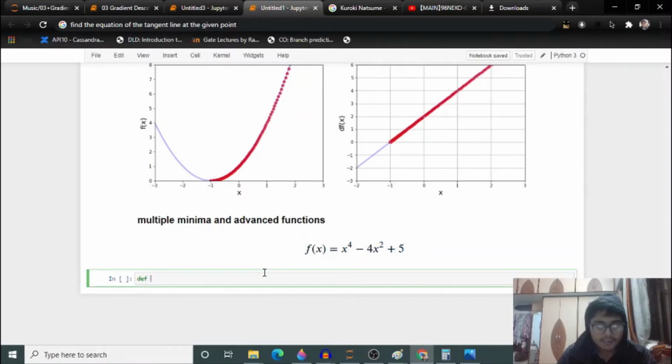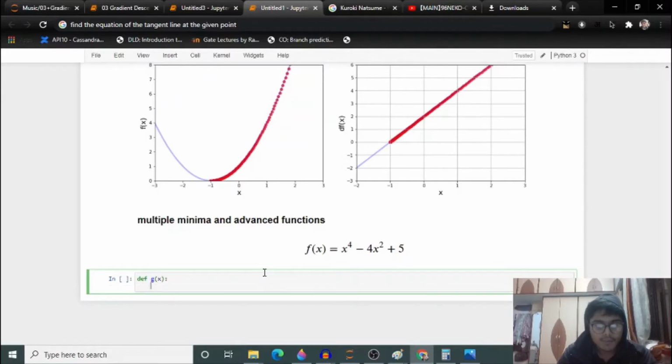It will be def f of x. Let's put g of x now, since f of x we already used. So g of x will return x raised to 4. I think you have now grasped what this double multiplication does. It stands for power.